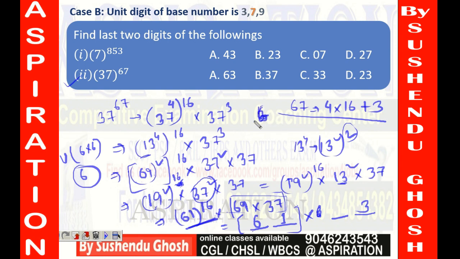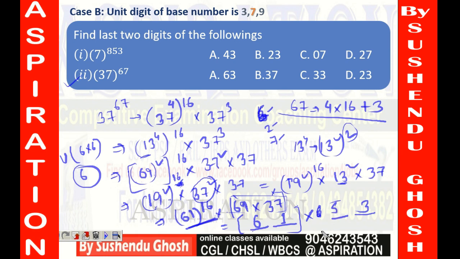6 in our hand, because 9 multiplied by 63. We are taking 3 in the unit place and 6 in our hand. Then 6 multiplied by 7 means 42. We are taking 2. Then 9 multiplied by 3 means 27, so it will give you 7 plus 13 plus 2, which is 53.